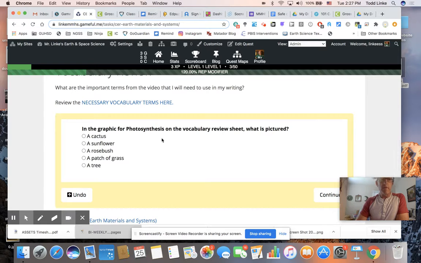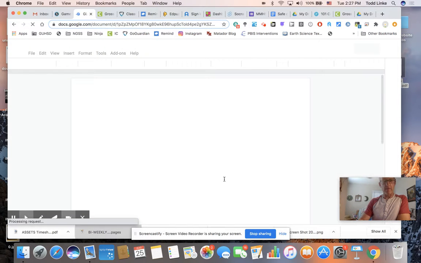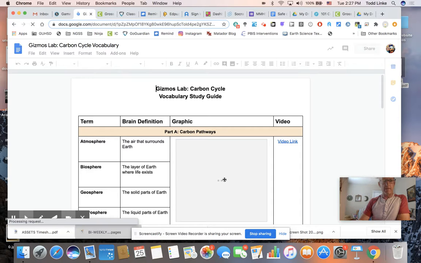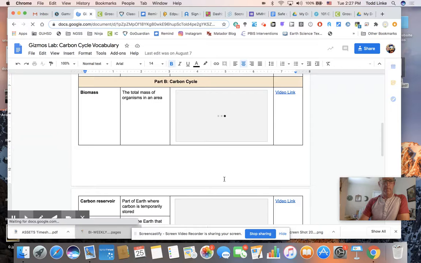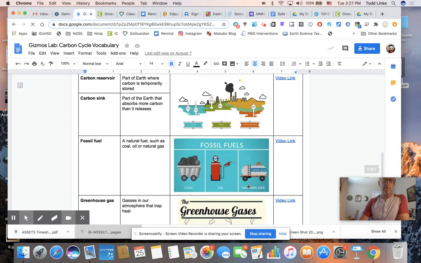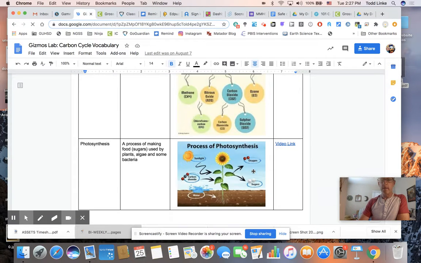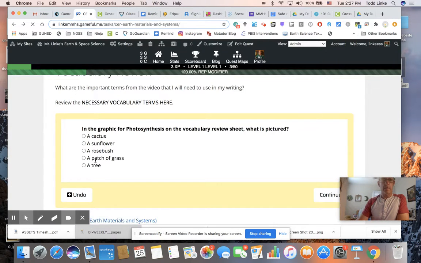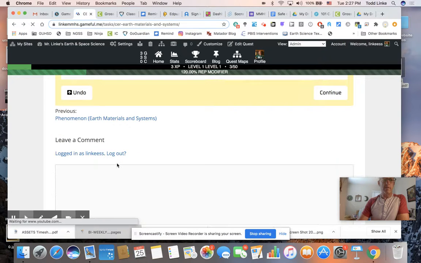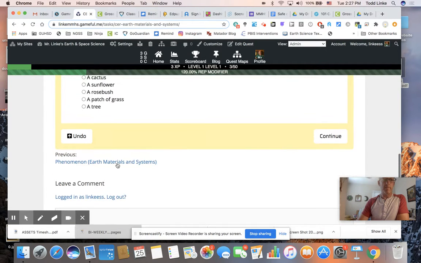Okay, so in the graphic for photosynthesis on the vocabulary review sheet, okay, I forgot to look. So this kind of test, just did you at least open the vocabulary guide and look at it? So I got to go back for photosynthesis. And scroll, so slow, come on, catch up with me. Aha, okay, sunflower. So now go back. Correct answer is,